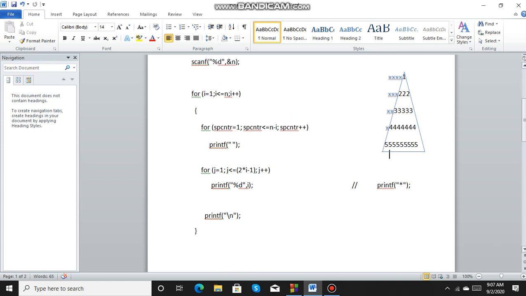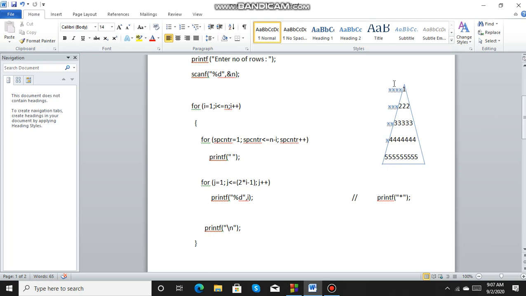Now if I want to print an inverted pyramid, in inverted form, then I will say I is equal to n, that is the maximum number of rows, to I greater than or equal to 1, I minus minus.